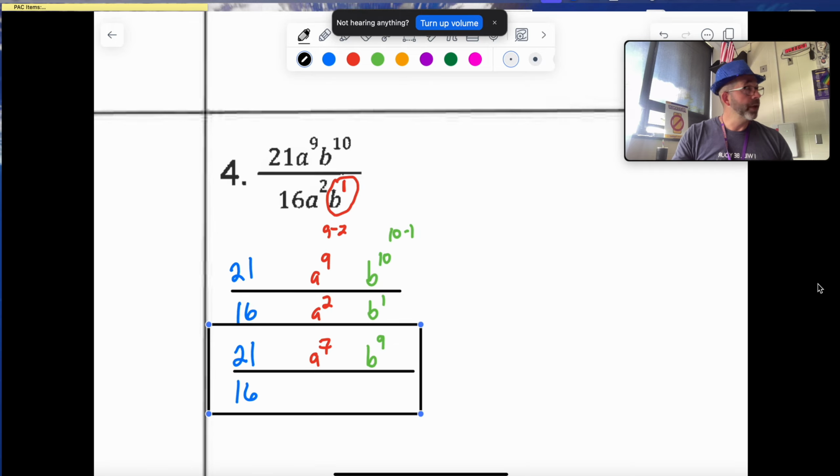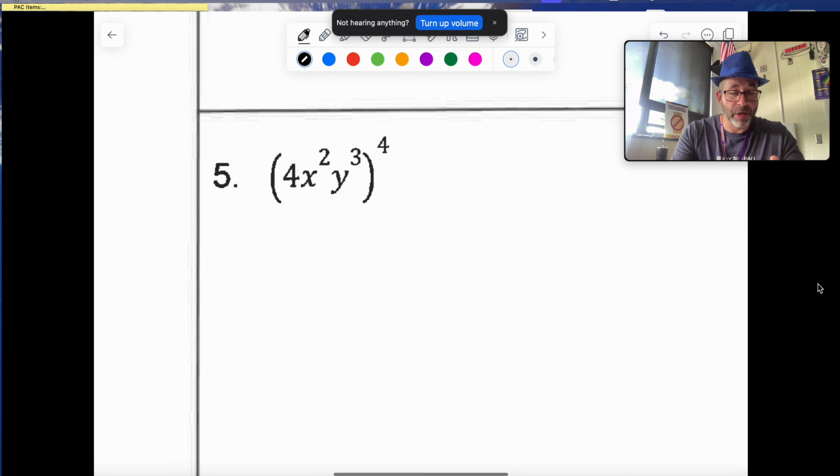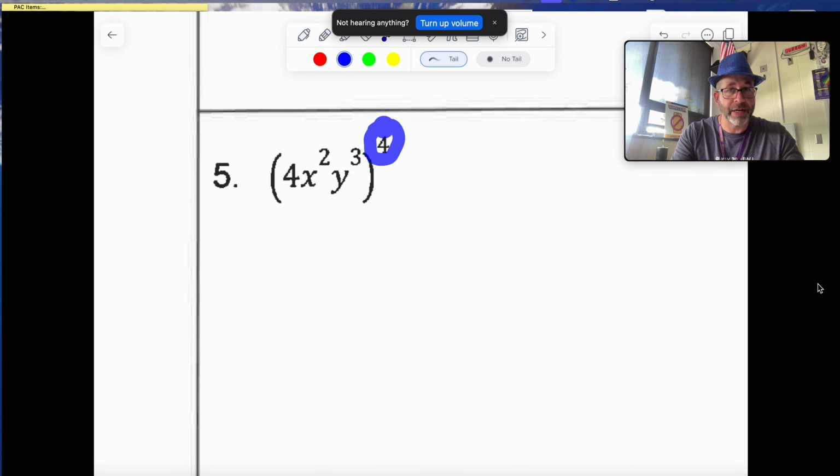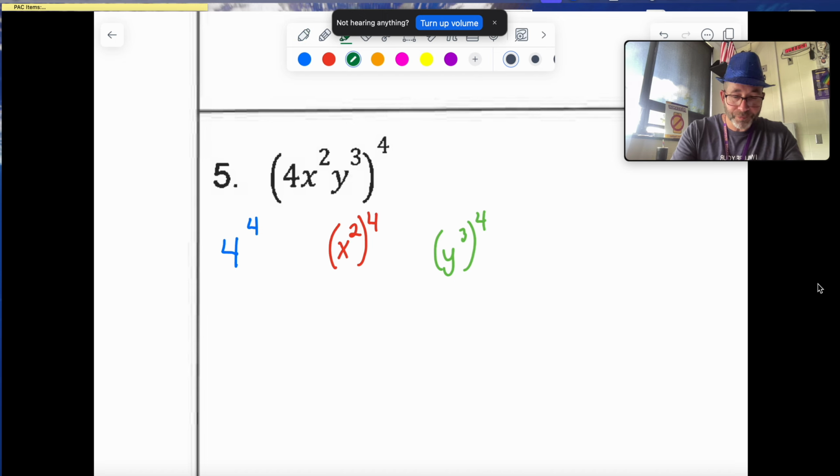Okay? With problem 5, we've actually got a number on the outside of my parentheses here. So that number outside is a power raised to a power. We have to distribute that to everything that's inside of this problem. Once we distribute that, we're going to have a 4 raised to the 4th power, an x to the 2nd raised to the 4th power, and then a y to the 3rd raised to the 4th power. So again, that 4 is going to all 3 parts of what's inside of my